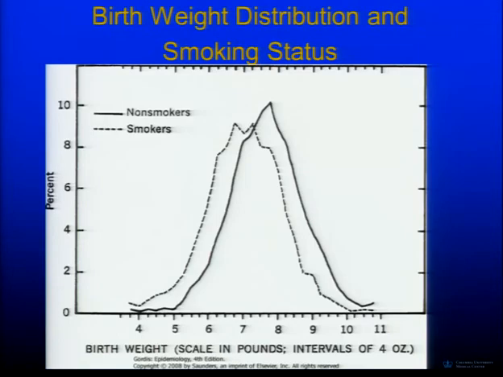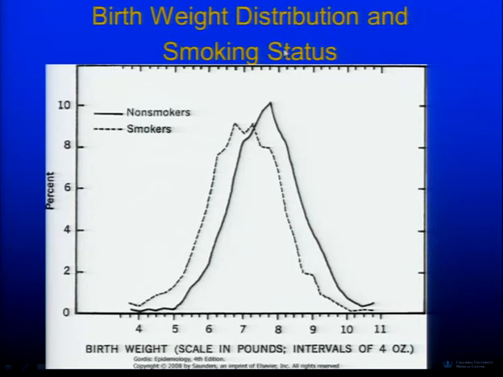So this is the percentage distribution by birth weight of mothers who smoke, which is shown in the dashed line here, and mothers who don't smoke, which is shown in the solid line here. So what happens to the birth weight, which is found on this scale, if you have a smoking mother? Right, it goes down. Basically, we see the entire distribution is shifting to the left. Smokers have slightly smaller babies as compared to non-smokers.